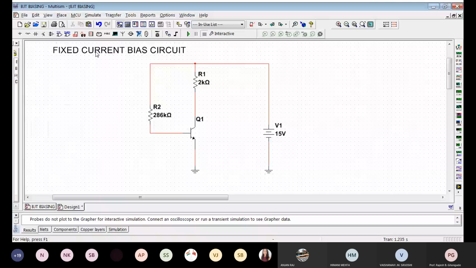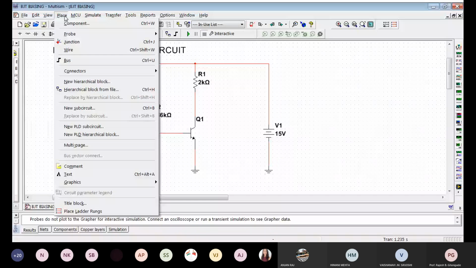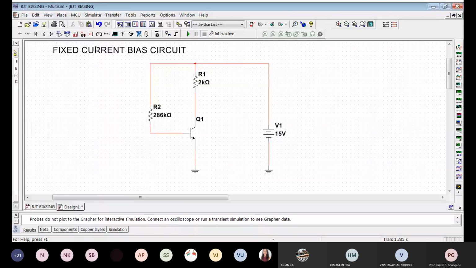This ensures, for me at least, that you have not copied it, you have actually performed the assignment on your own using Multisim. So this is going to be the standard practice henceforth. All right. So you are supposed to place the text, simply go into Place and click on Text, and then you can write whatever you want over there. In fact, the title of the circuit, your name and your roll number. Is that clear to all of you?